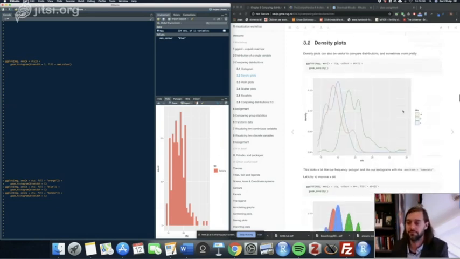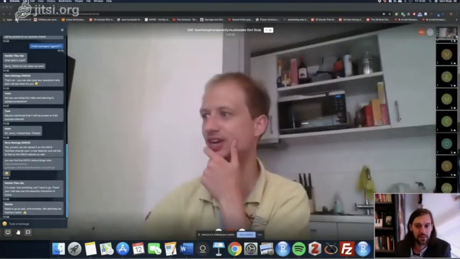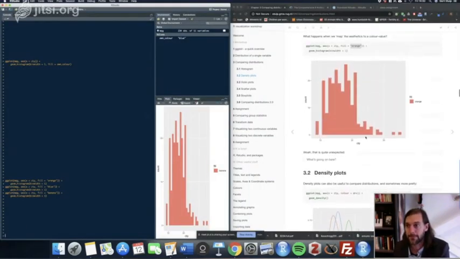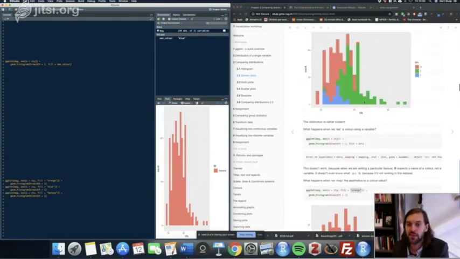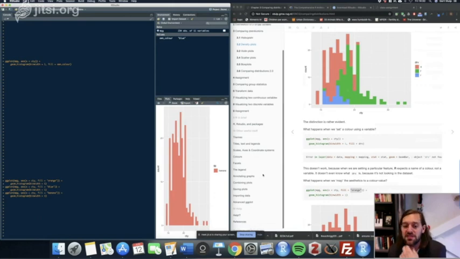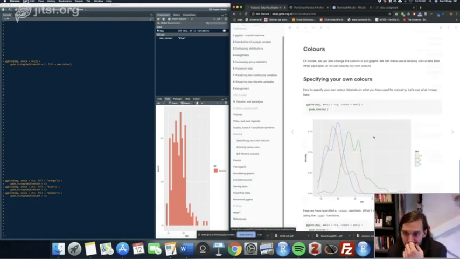Okay, good. Yeah. How do you change the default color? So it's red, blue, and green. Not very friendly. How do we change that? Excellent question. So if you go to the left column, all the way to the left column, and then there's this section, other useful stuff, there are all these sections on if you want to tweak certain aspects of your graph. So you go to the color section,